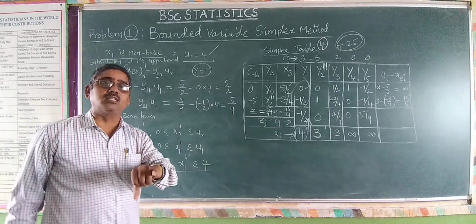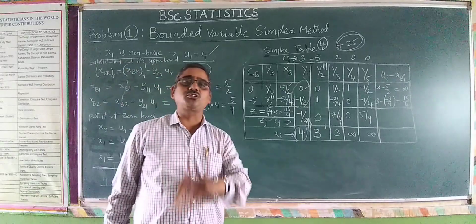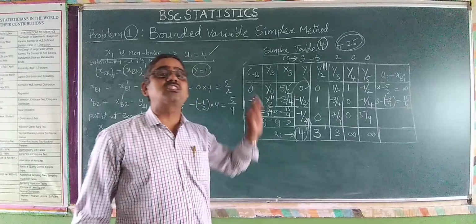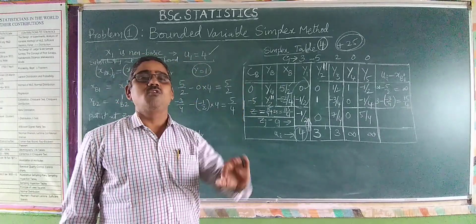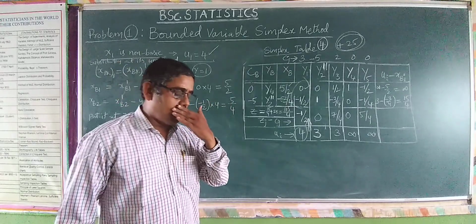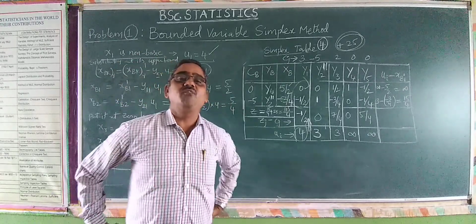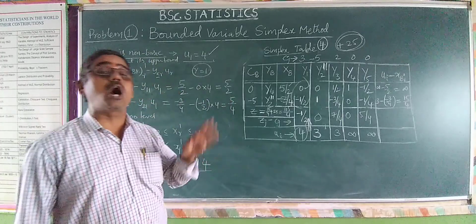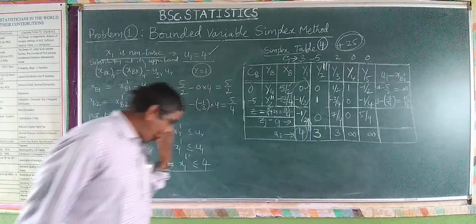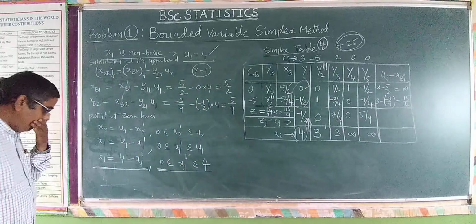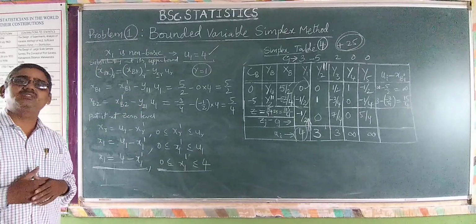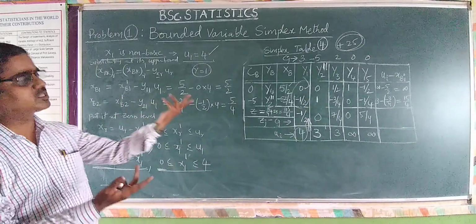One, the objective function. Second, the constraints. Of course, there is no need to calculate the constraints. I have clearly explained in the previous class, for the same particular problem, how the constraints can be changed in the simplex table directly. I'm sorry, in the simplex table directly. So I explain again.